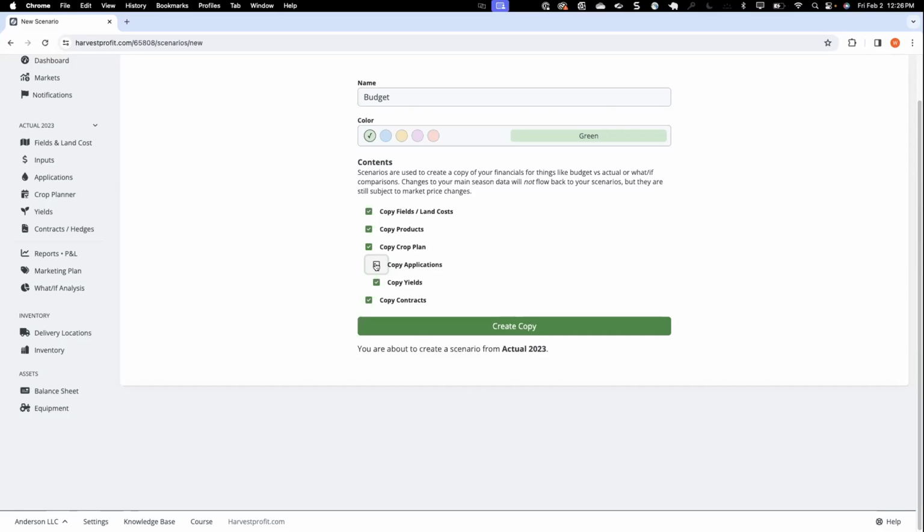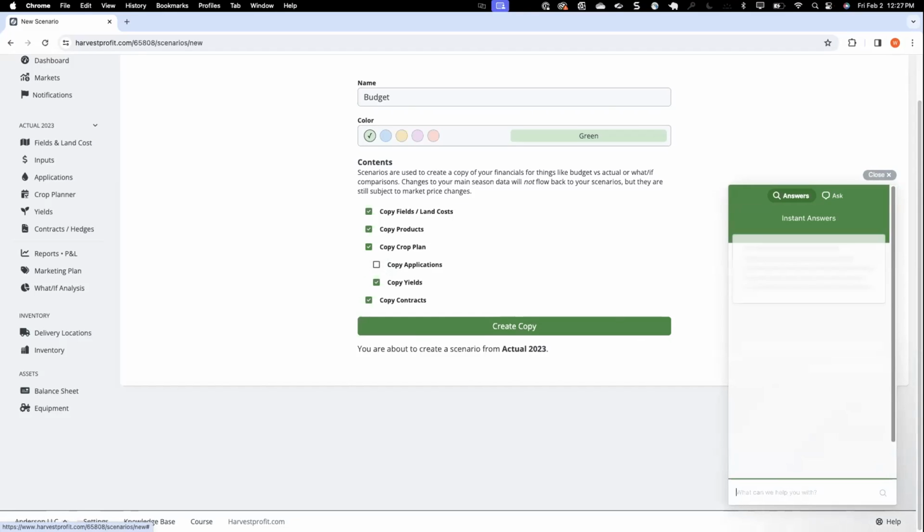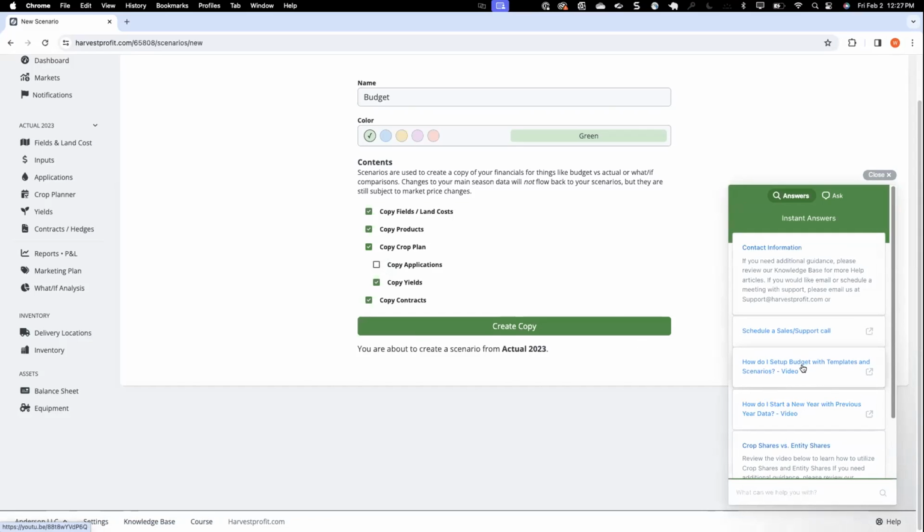Now, an additional question to that is, what if I have some OpCenter data and some manual data? Well, we can also copy applications from scenario to scenario. It's a little extra work that has to be done, but that's the best way to get the most accurate data you can. And if you have questions on how to do that, we do have some help options down in the corner here, a couple different budget